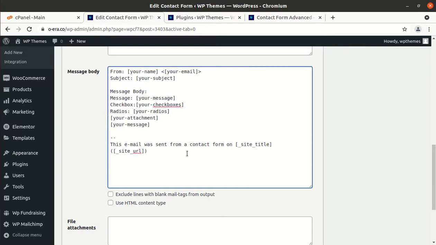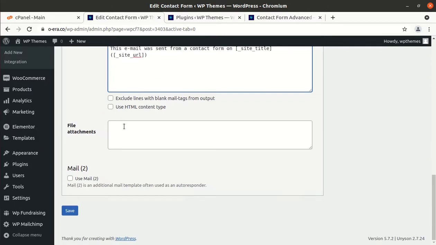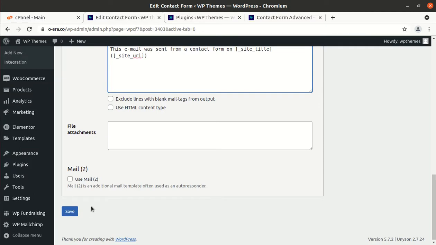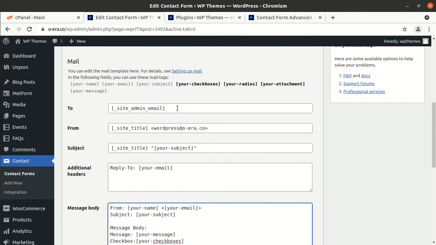Just edit this form, I mean the fields, and save it. So you have to put your site admin mail here, and remember the from option should be with your domain name, and you can keep it like this. If you want to keep the test form, you can use this as well, and the site admin can be here, like I am just putting an email option.